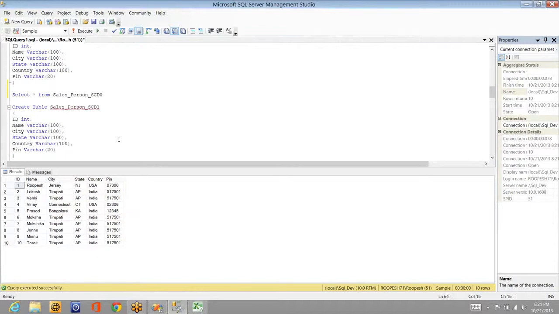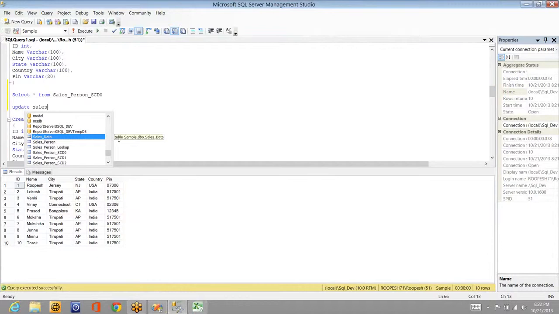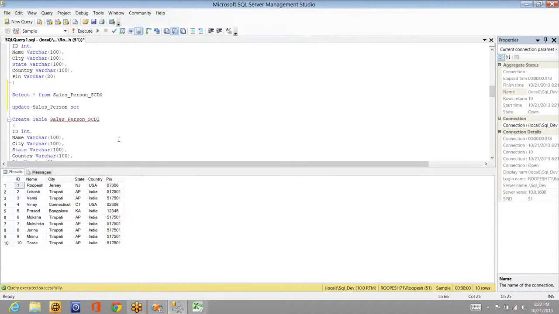I will try to update the source data, the source information. Update sales_person set name. I'm changing the name in the source table. Remember, sales_person is the source table in my case. This is my destination table. I'm changing the name to Rupesh Babu when name is equal to Rupesh.